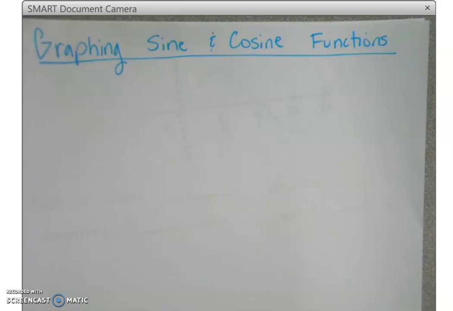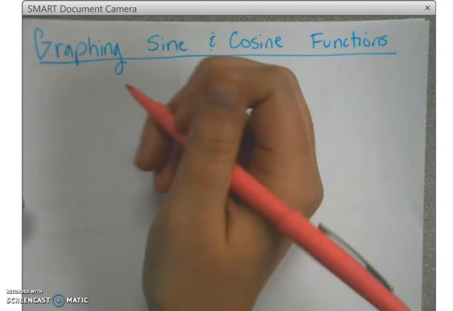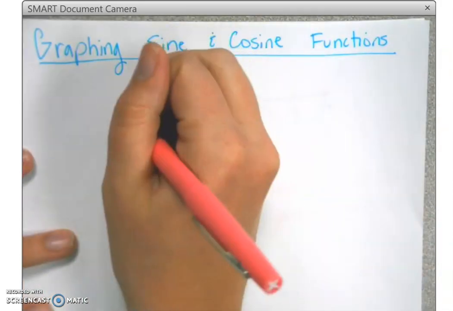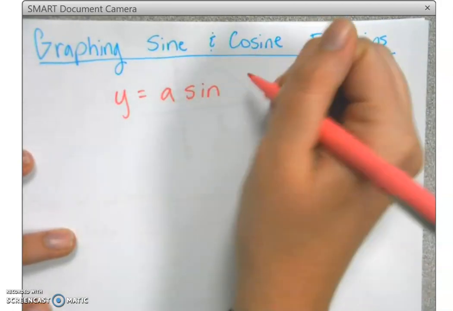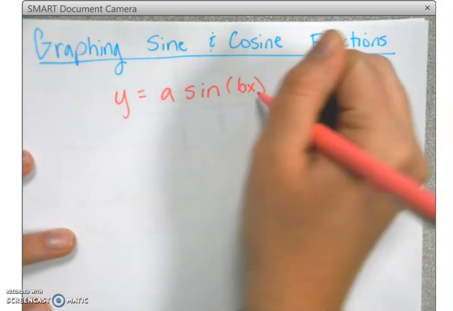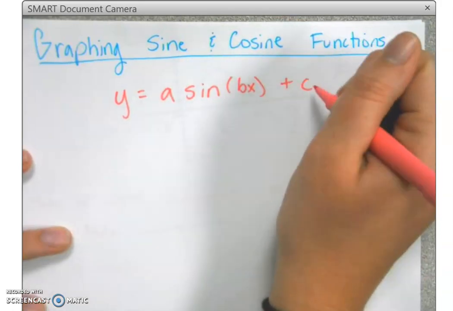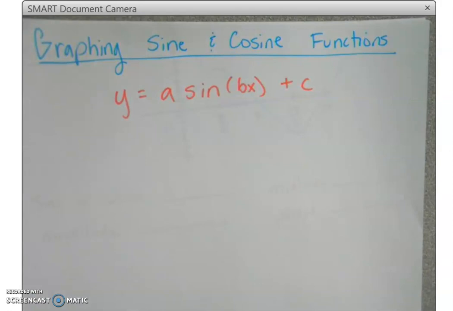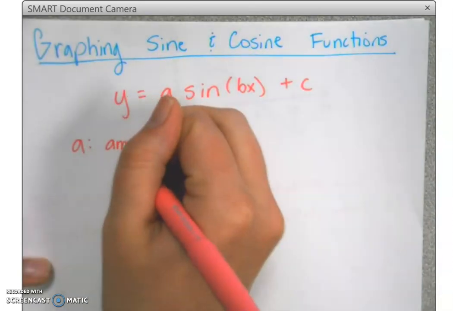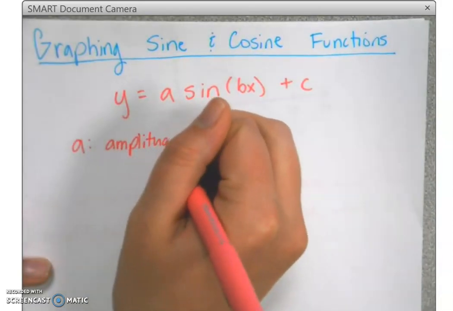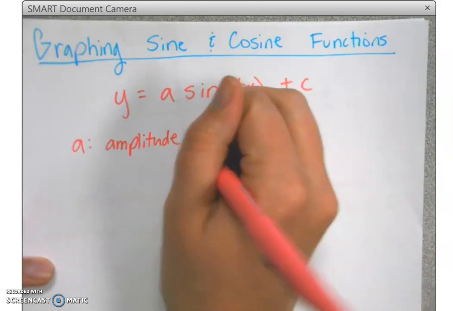So the setup for a sine or cosine formula, I'm just going to use sine, is y equals a sine of bx plus c. And I'm going to tell you what all these letters stand for. So A is amplitude, and this is simply